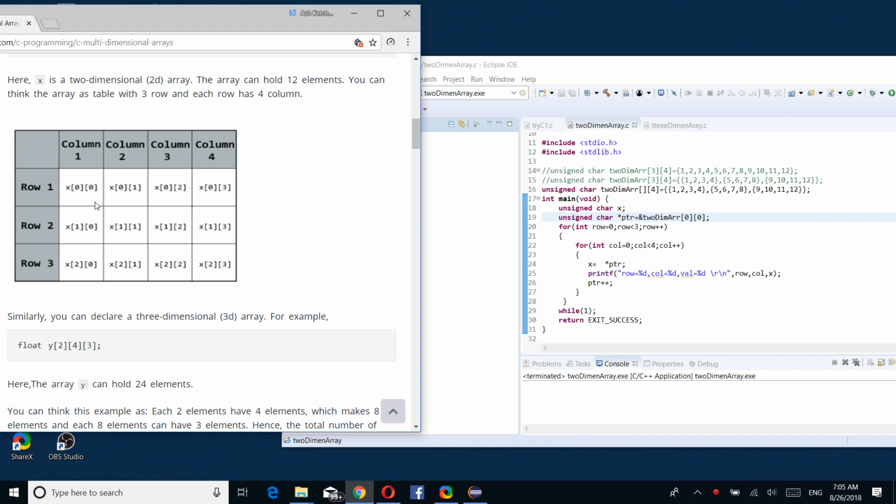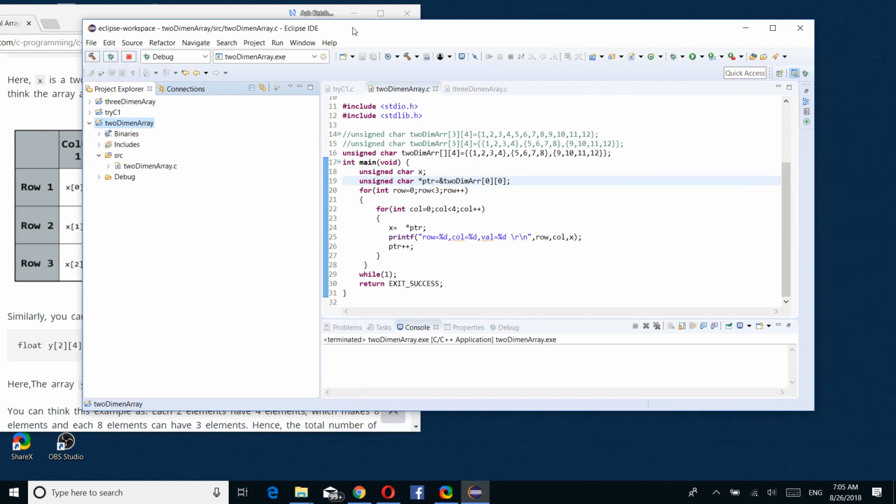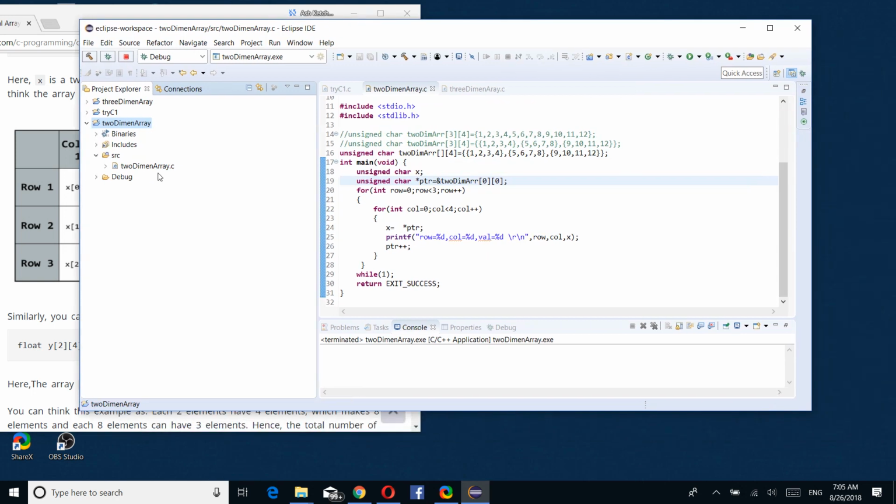The first 0 represents the row, and the second one is the column. So 0, 1, 2, 3 you can see is the column number, and then the second row starts from 1,0, 1,1, 1,2, 1,3. Okay, so in C, let's take a simple example of a two-dimensional array here, and that data, as